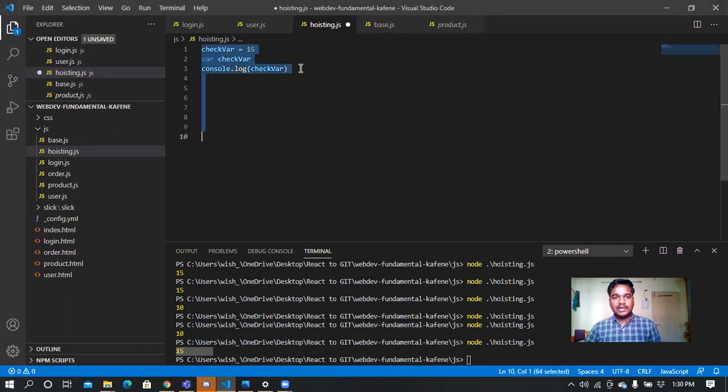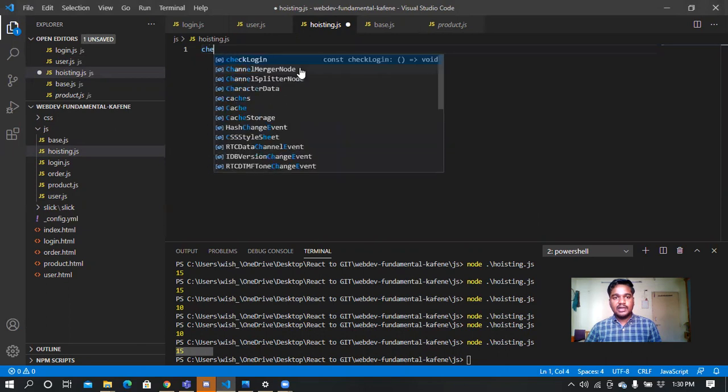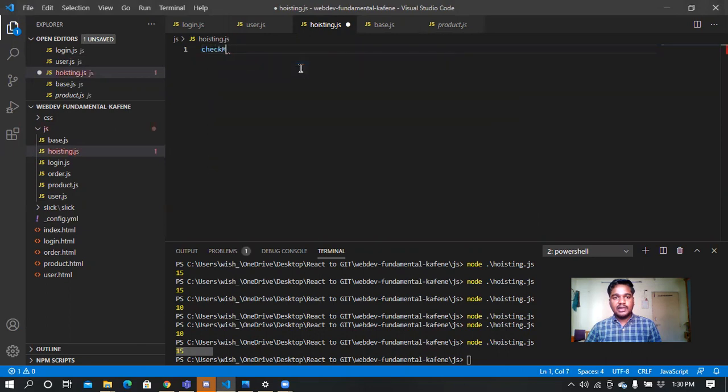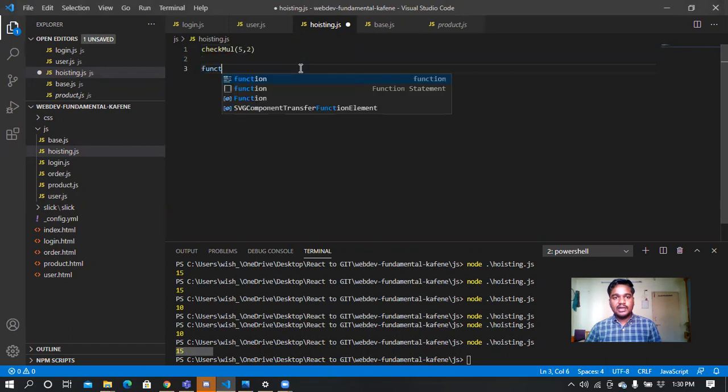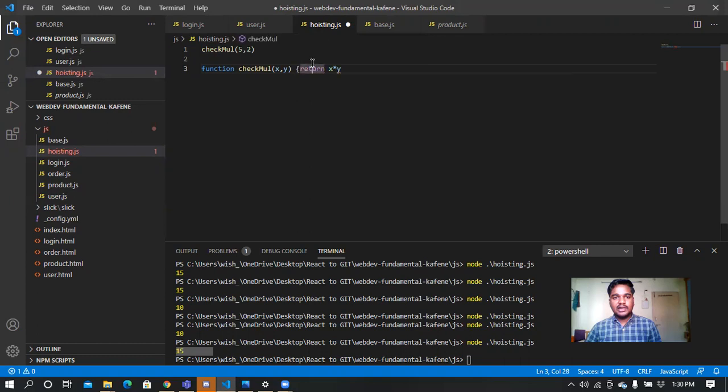For example, we can call a checkMul function with two elements, and then declare the function checkMul with x, y, returning x into y. Then we try console.log, and we will be able to see the same thing again.